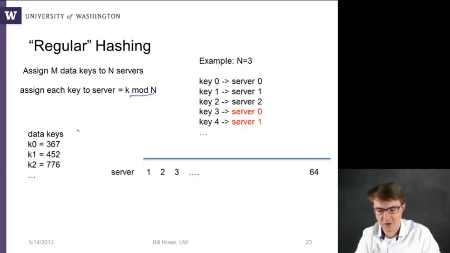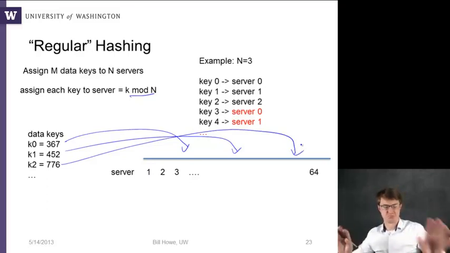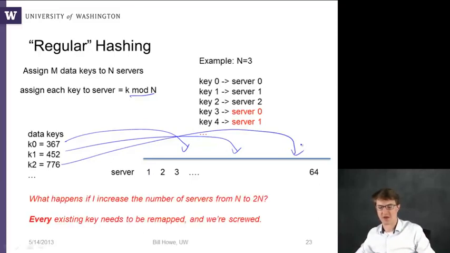Okay, so each of these data keys is placed somewhere on one of these servers at various points. Fine, that's how hashing works. What's wrong with that? Well, what happens if I want to add more servers to the mix, right? I want to scale out, I want to double the number of servers. Well, every existing data key now needs to be reevaluated, its location needs to be reevaluated by computing k mod 2n